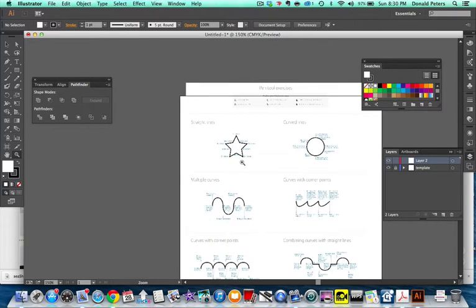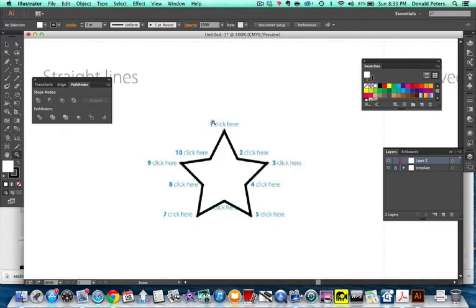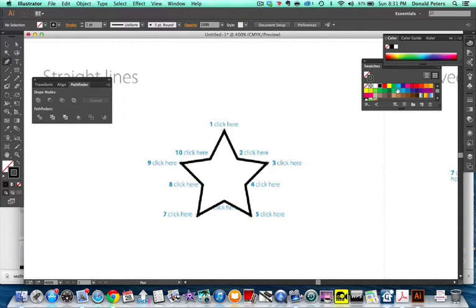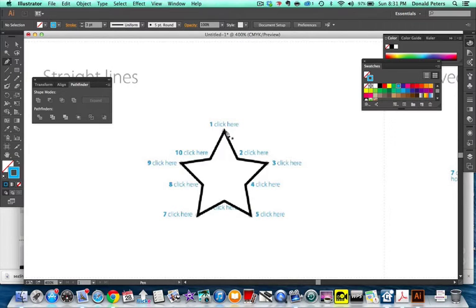Zoom in, and we're going to use the pen tool. Okay? Then, pen tool itself is over here on the side, pen tool. And there's the pen tool, add anchor point, delete anchor point tool. We just want the pen tool to start with. And we're going to go over here with this click here, and we're going to get rid of fill if we don't like fill. And let's change our stroke color to, I don't know, blue. And we're going to increase it to 3. And we're going to click,